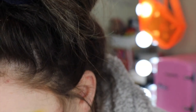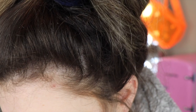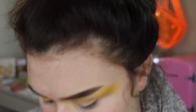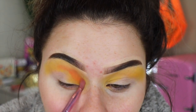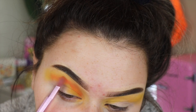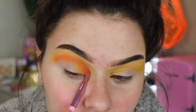Alright, now I'm going to go into the orange of the palette, the more peachy tone one. It's this one here and it's called E3, and I'm gonna put that on next. And just blend that into...